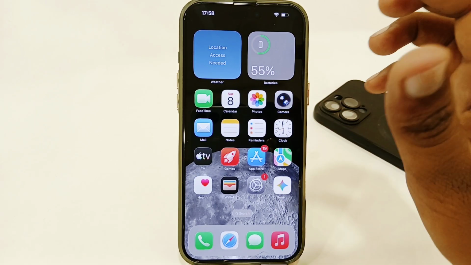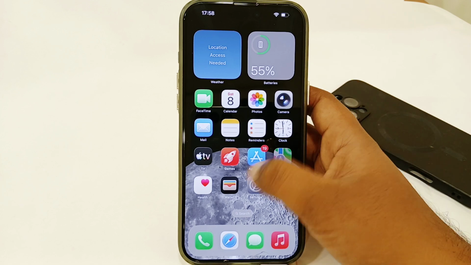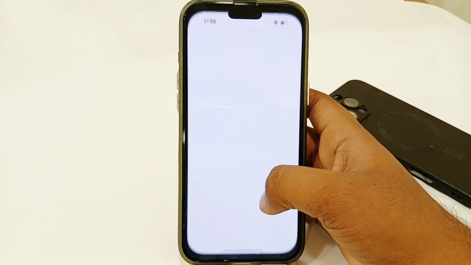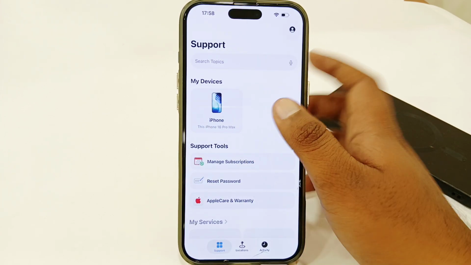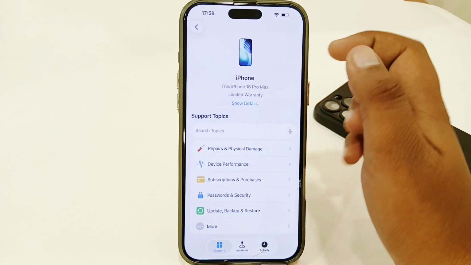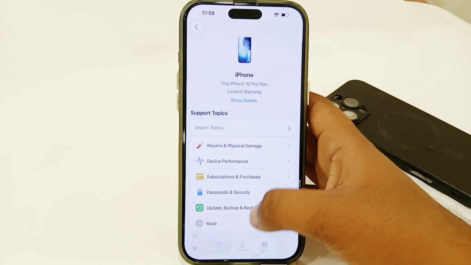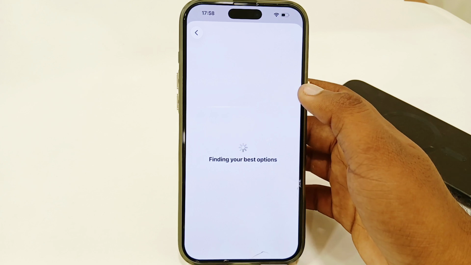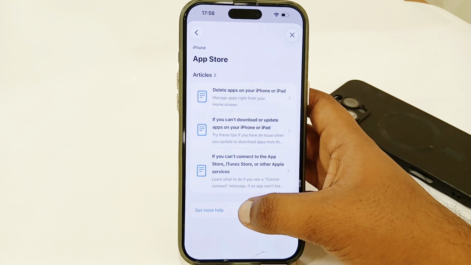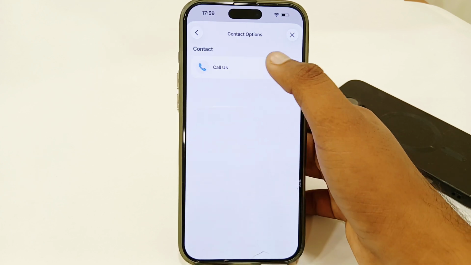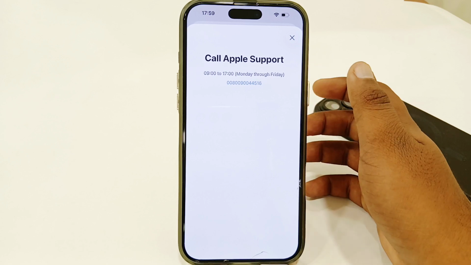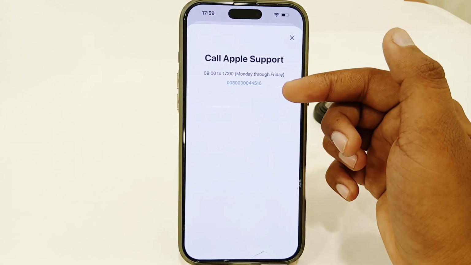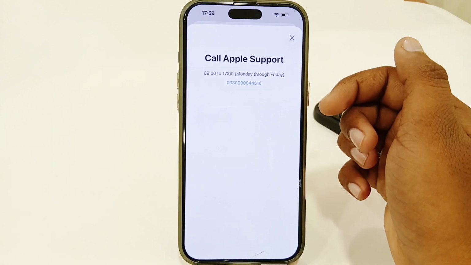If you're still facing the same issue and your code has not been received, you just have to open your Support app, or you can use Apple Support Web. Select your iPhone, select the More option, select App Store, and then tap on Get More Help, tap on Call Us. Now you'll find a phone number. Whenever you want to talk, simply dial this phone number and you will be connected with an Apple